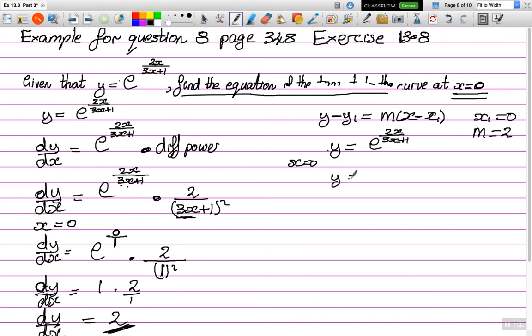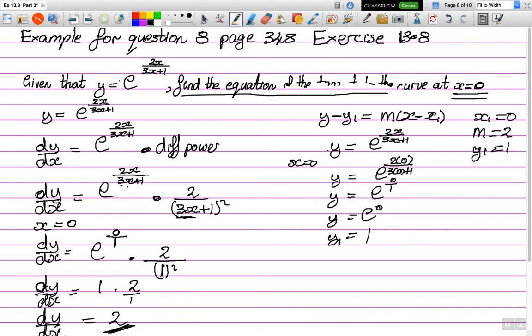So the y value when x is equal to 0 is e to the 2 on 0 over 3 on 0 plus 1. So 2 on 0 is 0, so it's e to the 0 over 1, and so therefore y is equal to e to the 0. Anything to the power of 0 is equal to 1. So we've now got y1